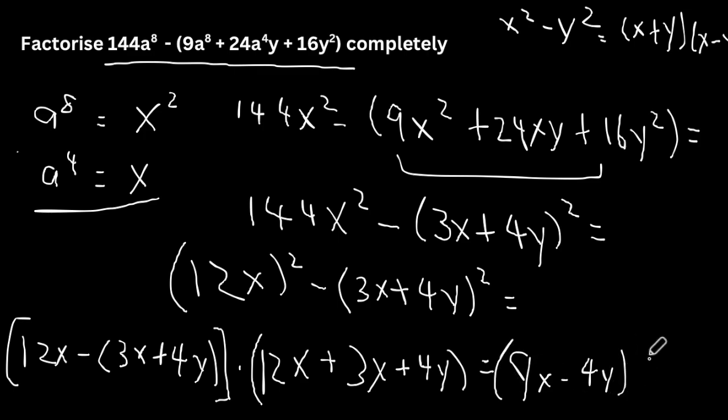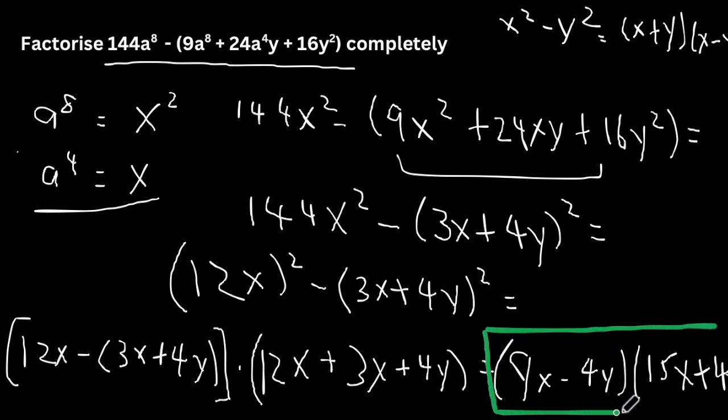And let's work out the other side. 12x plus 3x is 15x plus 4y. So this is your answer. I hope it's clear. Apologies for the lack of space, but this is your answer for this question. Oh, my apologies, it's not the answer because we have to substitute it back. The x has to be substituted back to a to the power of 4. Therefore, the answer is instead,